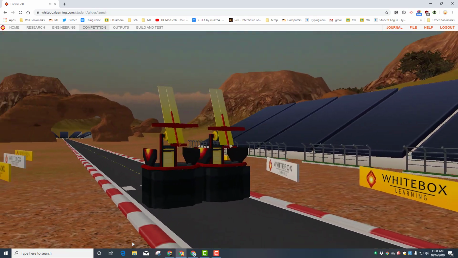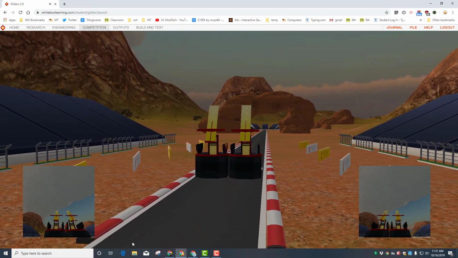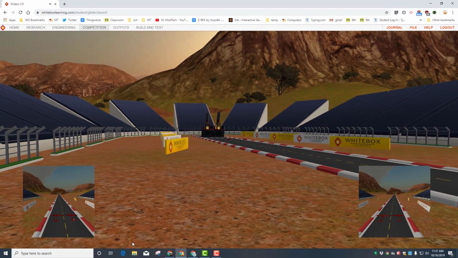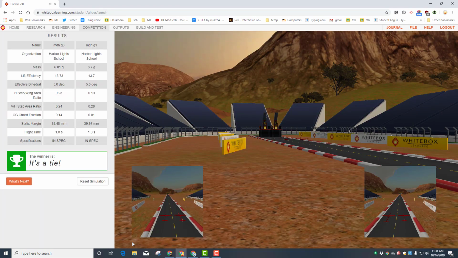The launchers pop out. You can tell the bronze one is the one on the left, so that's glider 3. And mine are pretty much twins because I've only made the exact same design. When you look over here at your design, notice the mass. There's a difference on G3. Notice the effective dihedral. All those things you should be changing and adjusting